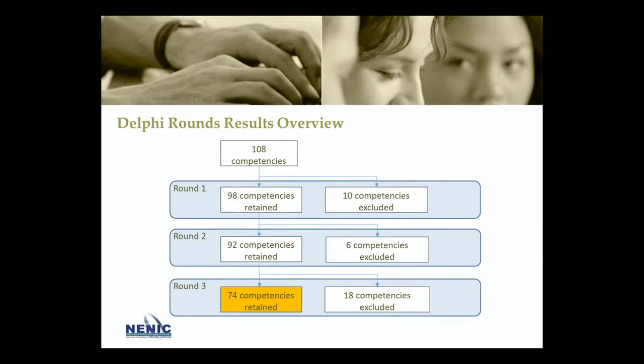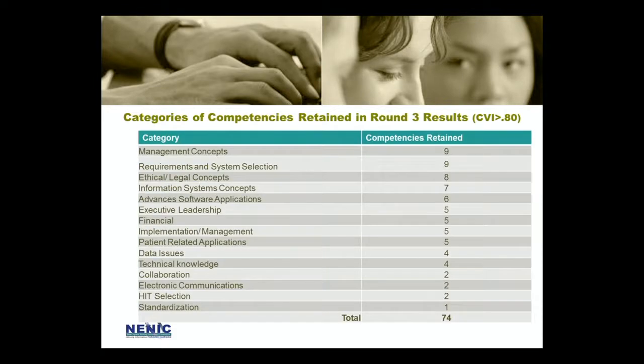So the results, essentially, we started with 108 competencies, and we ended with 74 competencies. Still, that's too many for somebody to fill out on an actual tool, which is why we needed the following steps after. But just to show the state that we started from, the 74 competencies were categorized into these categories. So things such as management concepts, ethical, legal concepts, data issues, financial, health information technology selection,